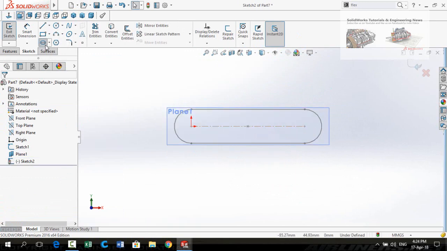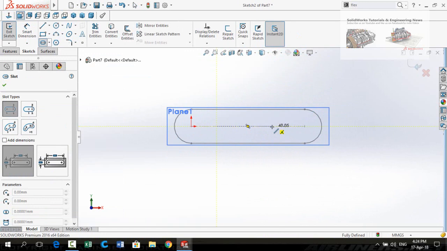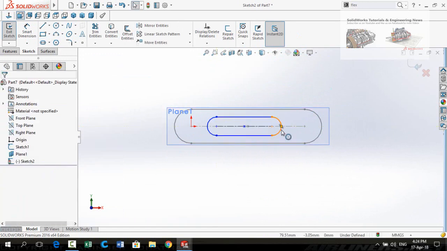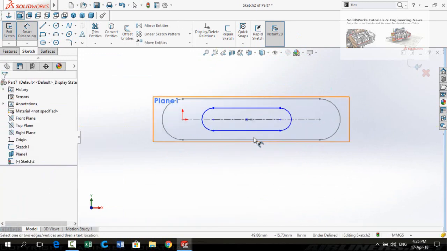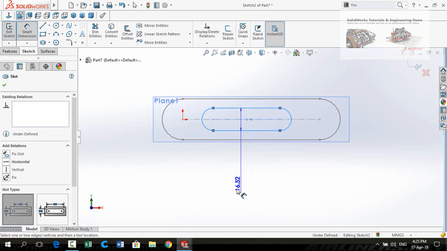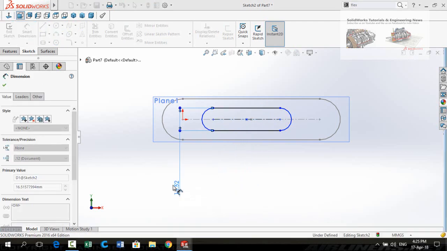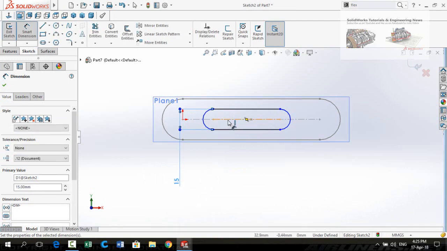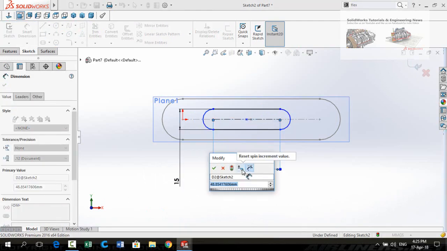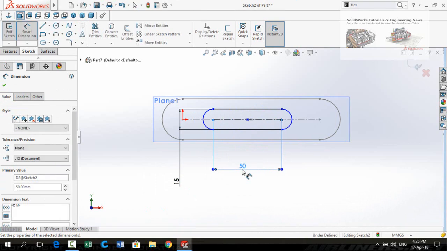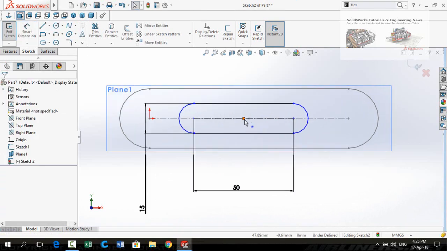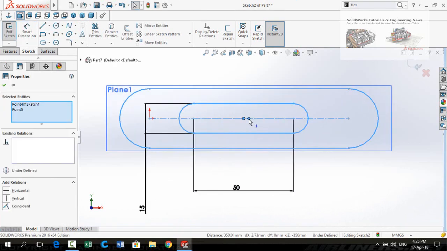Again draw a straight slot. Press escape button. Now define it by using smart dimensions. This width is 15 mm and this length is 50 mm. Press escape button, then select this point and this point.